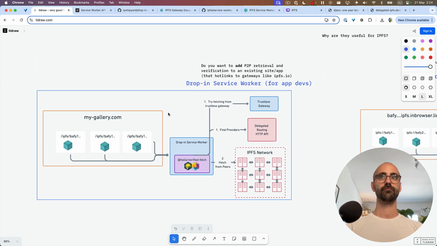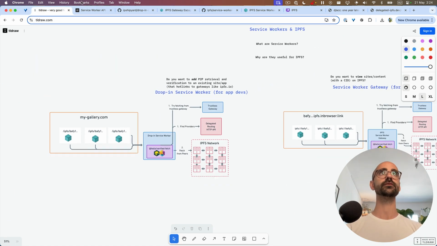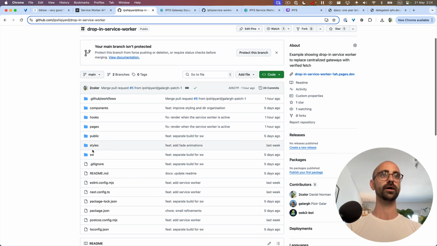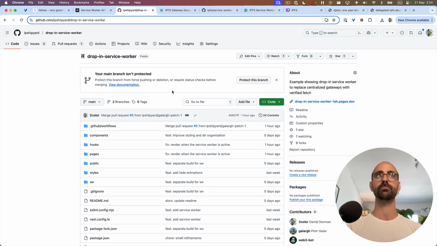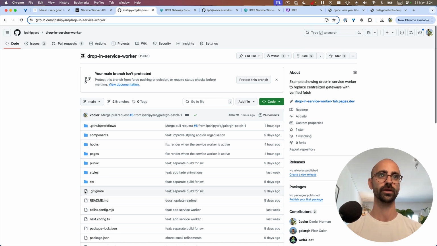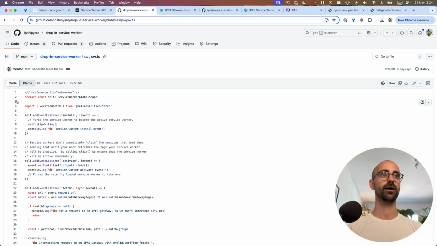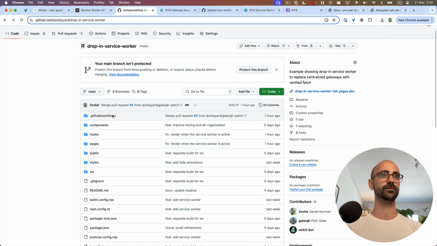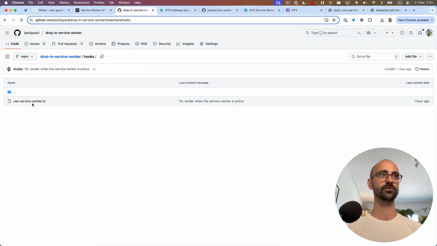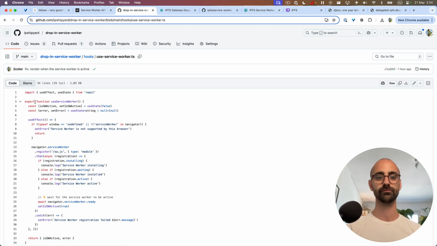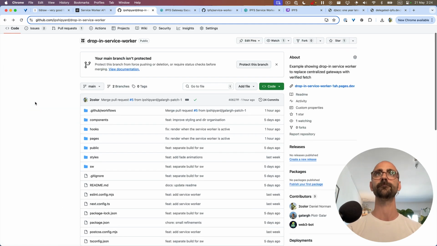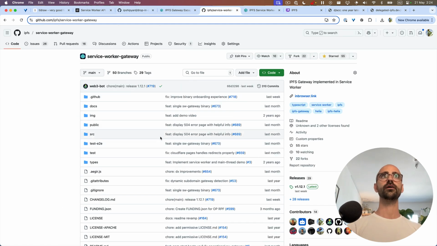So that was pretty much it. You can look at this in the IP Shipyard. I will put this in the video links, but you can look at this repo showing both the service worker gateways we looked at, and also the hook to register it. This is a React hook, but again, this should work with any framework. And of course, the service worker gateway, which is in the IPFS org, and you can try it at